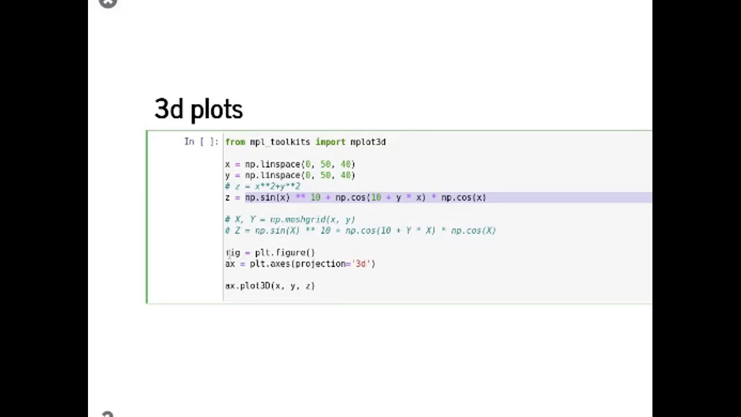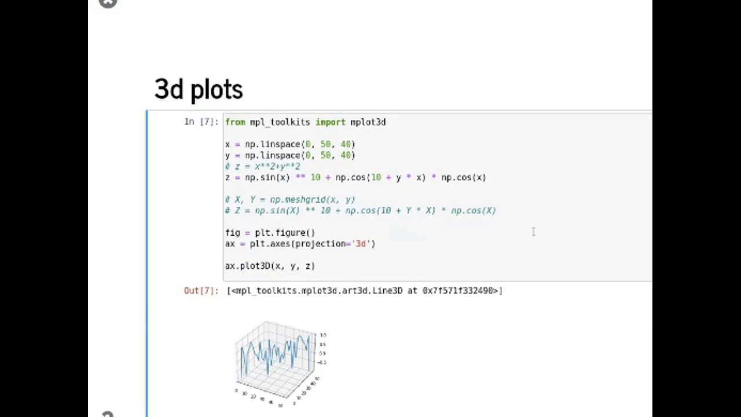And then what I'm doing is plt.figure. I'm creating a figure, and then ax is equal to plt.axes. You mention this projection to be 3D. That's what tells it to plot a 3D plot. And then the final command that you use to plot is plot3D. So this is a simple plot that is shown in 3D, but again, I would say this is not as